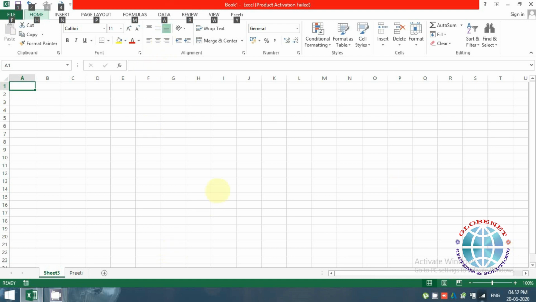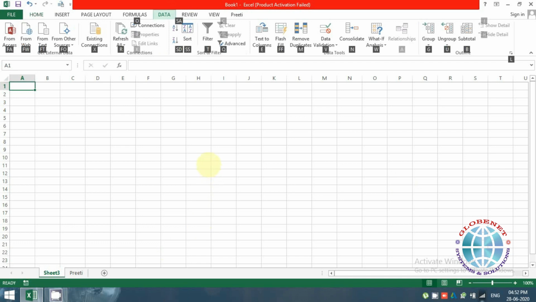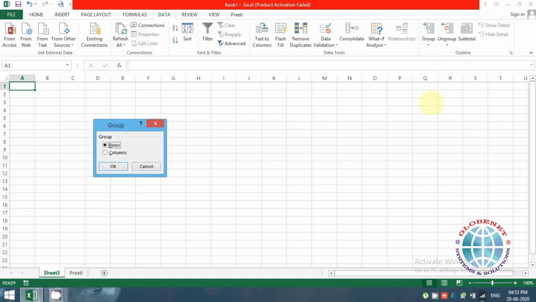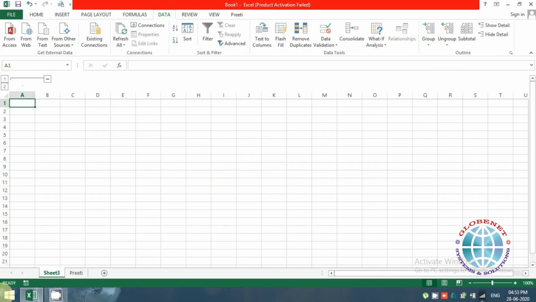You actually don't need to use your mouse. I'm just moving my mouse to show you what exactly I'm referring to. So I'll press A. You get an option for each of the options over here. So for example, if I want to use group, I'll be using G. I'll accordingly get the tab for it, and if there are any sub options, I'll get those too. So for example, I want to do group, I'll press G again, so I'll get the further options, and then I can just use arrows and then do OK. So accordingly a grouping is done. We'll be coming to these features later on, but at the moment what I was trying to show you is how to use the shortcut key.